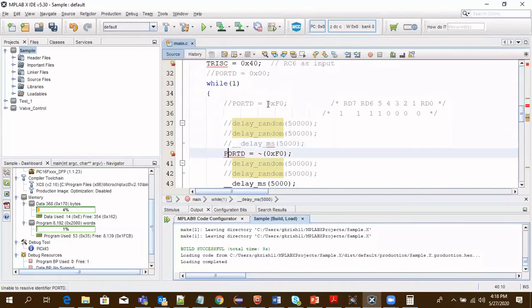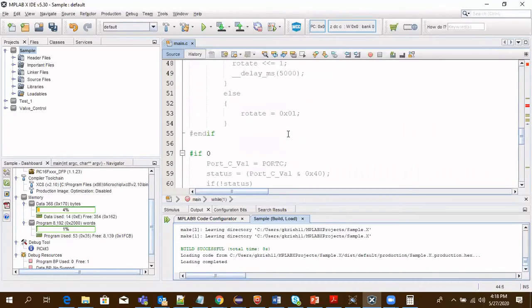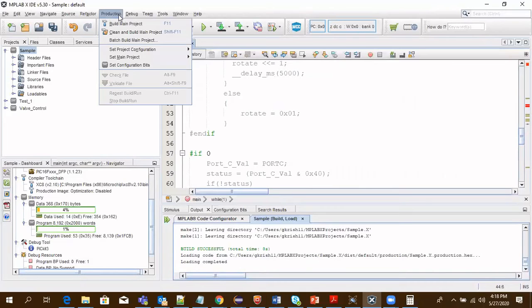I'm commenting the previous code and building the code here.